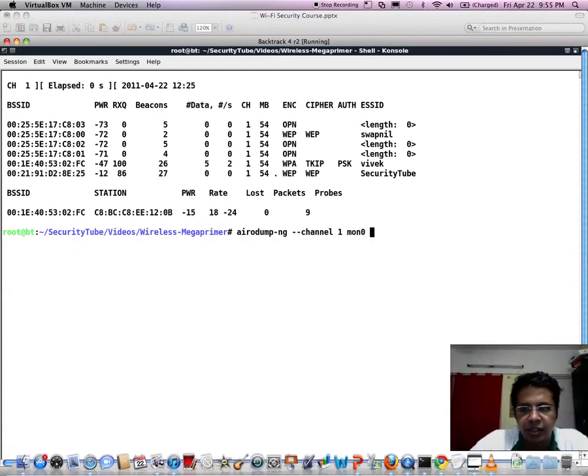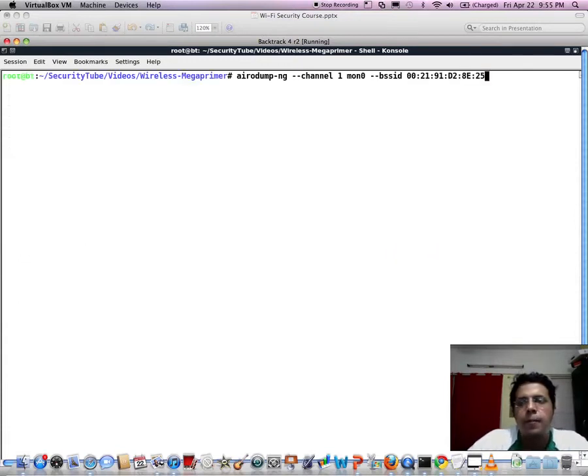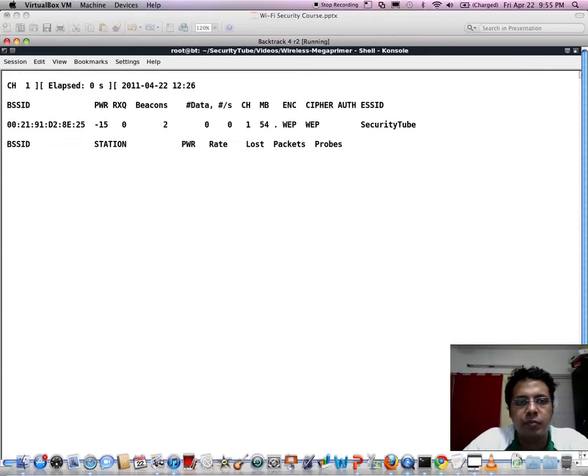And we'll tell it to write whatever it is finding over the air onto a file called demo, right? So now all of these packets are getting stored into the demo file.